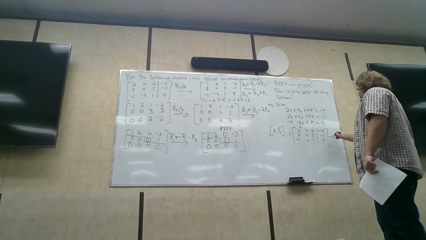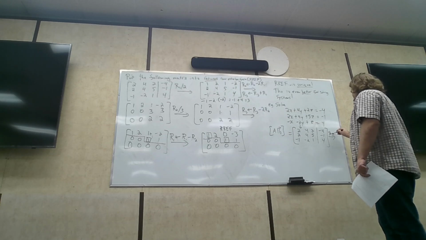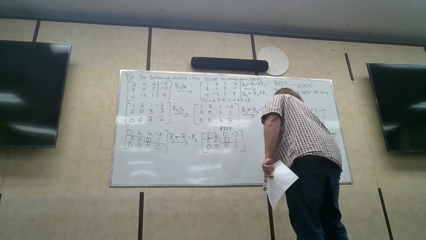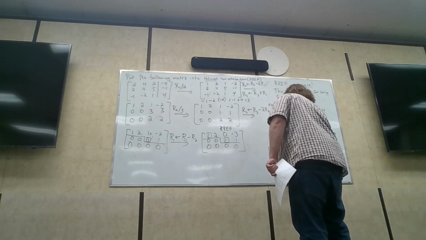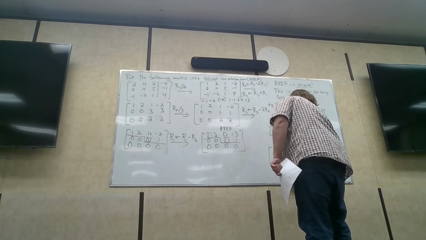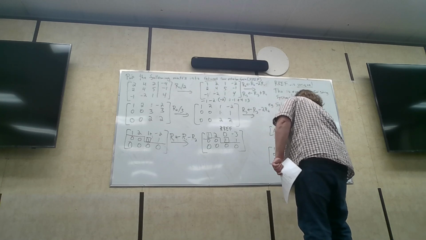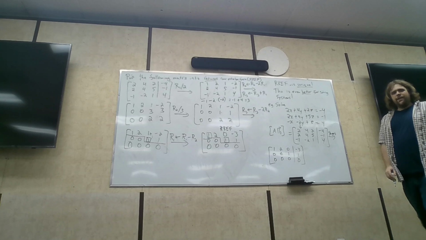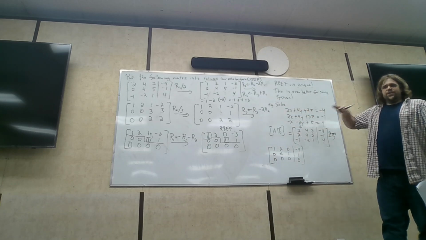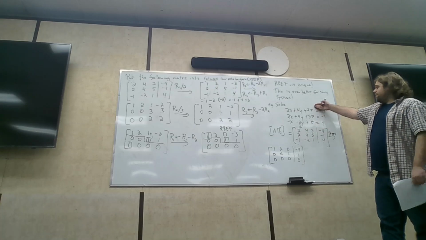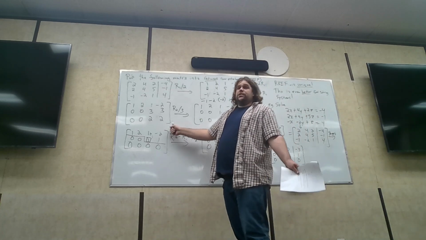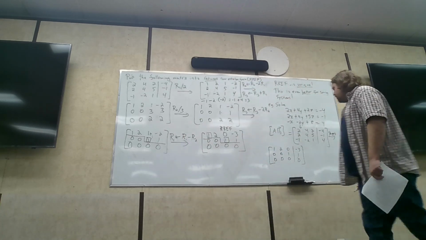And then steps. We already did all these steps right here, right? So we're going to go ahead and perform those steps to get to here. 0, 0, 1, 1. Like that. But my point was, all of these steps along the way, at any point we could stop looking at it as a matrix and go back to these equations. So we could have stopped here and gone back to equations again if we wanted to. But if we go back to here,